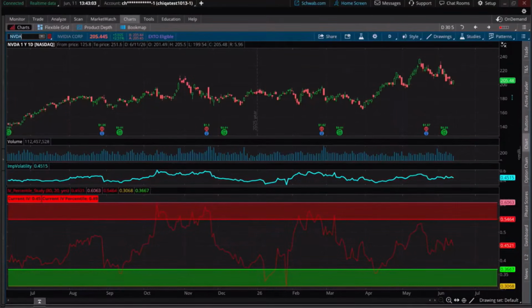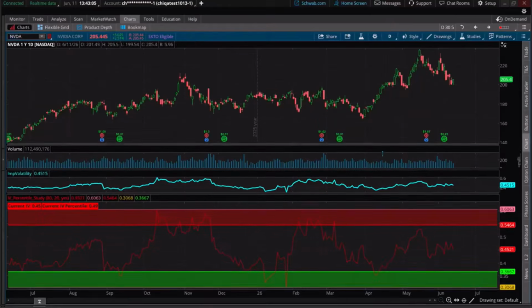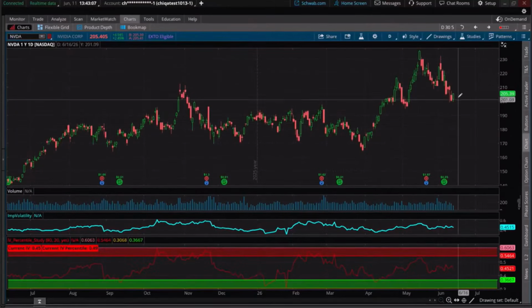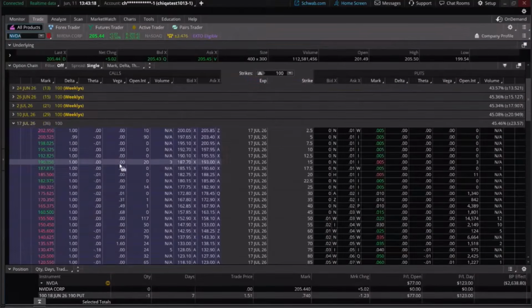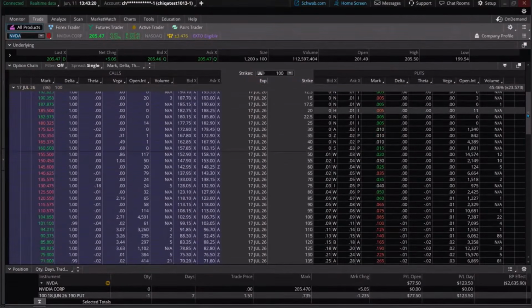So let's just do this. I've talked enough about it. Let's sell a put contract on here as well. We can do a spread if we wanted to as well. Maybe just a short put as an example trade today over here. There is our 185. That was like a 20 delta. I want to say we're going out to July, by the way.